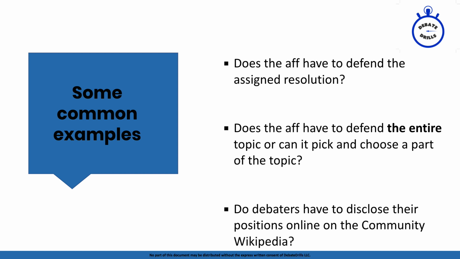A second example is, let's say that we're talking about whether or not dogs are better than cats. What if the affirmative stood up and argued that a specific type of dog is better than a specific type of cat? Does that still prove the general statement that dogs are better than cats? This is a huge disagreement within the debate community right now in Lincoln-Douglas debate about whether or not the affirmative can talk about a specific example of the resolution to prove the resolution true. So this is popularly referred to as plans. Can the affirmative read a plan and defend only a subset of the resolution?